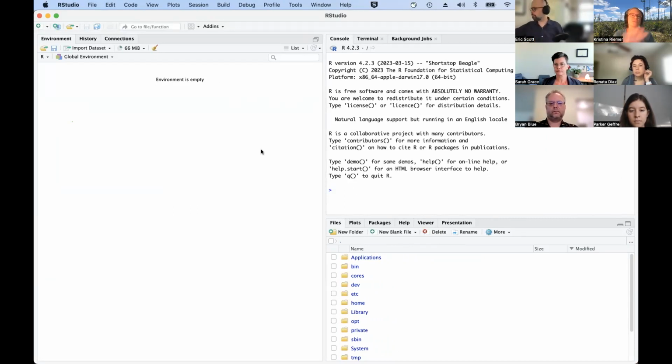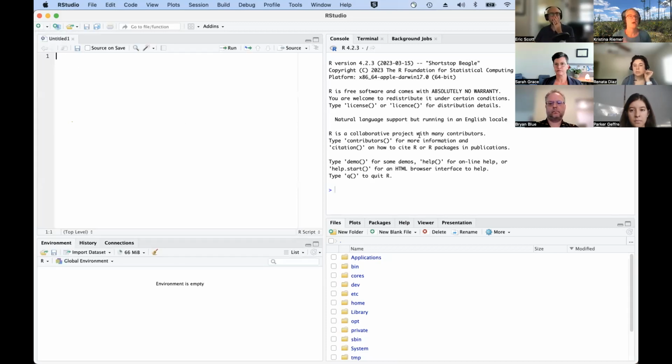Okay, so we can only see 3 panes right now, so I'll make it into 4. RStudio is set up so that there are 4 panes, basically split up into 4 different parts. And then each of the parts has a bunch of tabs that are useful for different things. Some of them we won't touch on at all here, and then some of them are pretty important. So this upper left-hand tab,